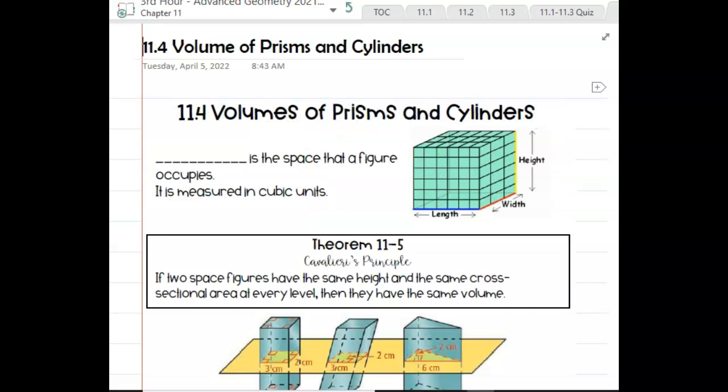So the first half of chapter 11 was all about surface area. And with surface area, if you remember, we spent 2 days on each section. So we learned everything, and then we practiced, learned a new thing, and then practiced. Surface area is just a lot of moving pieces, a lot of things going on. The second half, for the most part, is talking about volume, which, in my opinion, and I think you guys